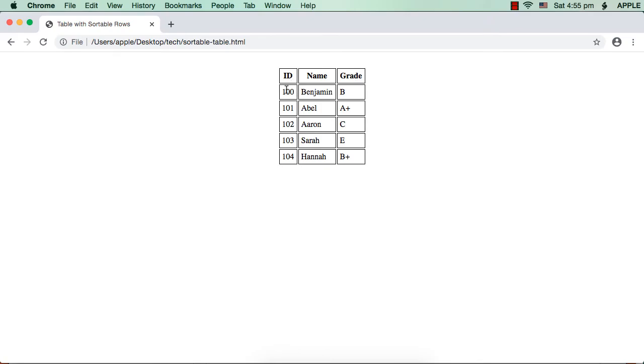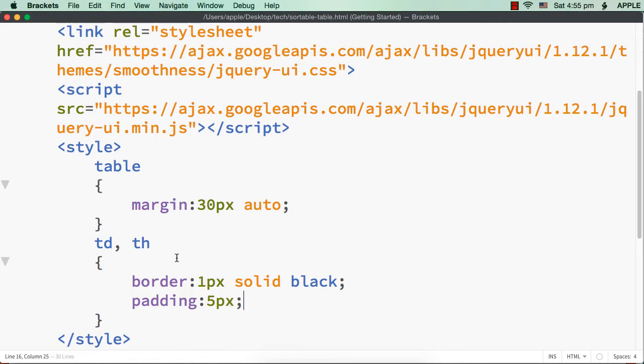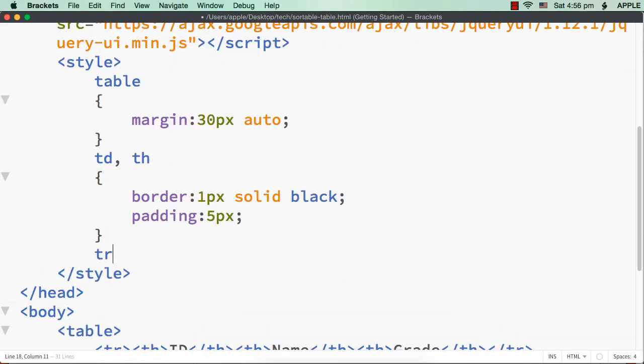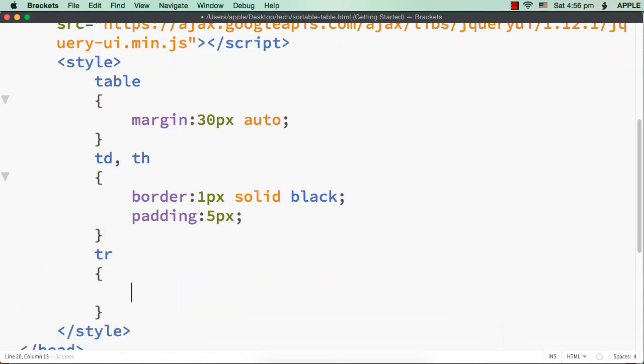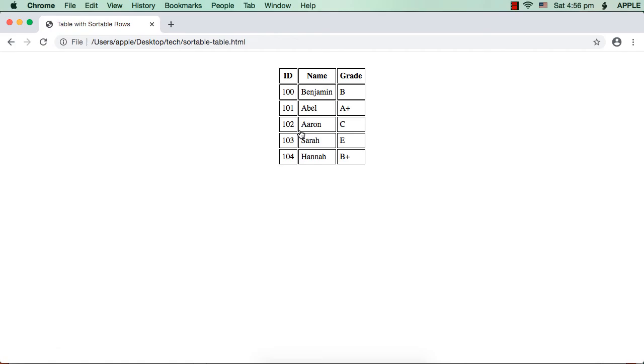So what I want to do, I want to make these rows, not this heading row but the remaining rows sortable. So to give a hint to the user, let me make the cursor to be pointer type. Now when we move the mouse over this, the user will not be able to understand that these are sortable rows, right? So let me specify for the TR, that is for the table rows, let me specify cursor to be pointer. Now let me save this. See, pointer cursor is getting displayed.